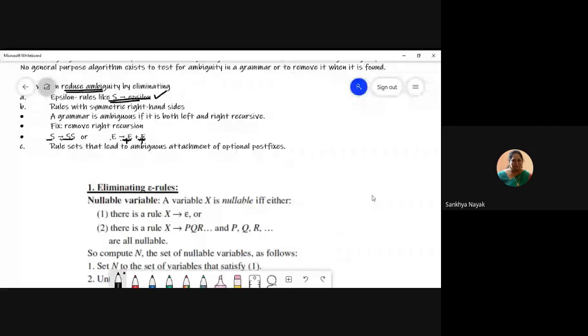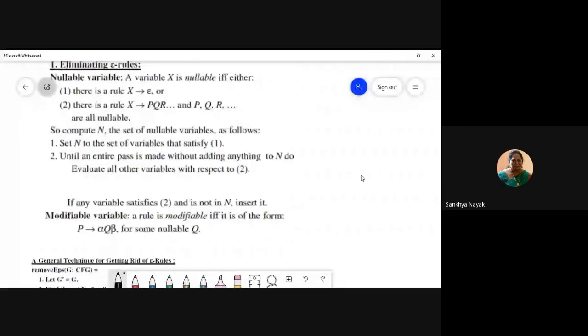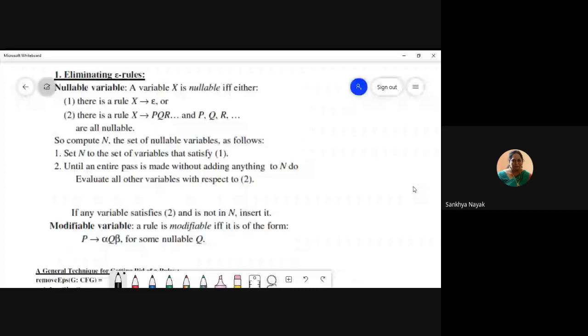So how do I remove? Today we'll see only one because this is the last class. How to remove epsilon rules. Now, if you have something like this, okay, C derives epsilon. So I know this is easily a nullable production, right? That I know that C can be turned into an epsilon directly. But I might have something like this, okay, which is just not making it obvious that A can also be an epsilon, but it is indirectly, isn't it? A derives C and C derives epsilon.